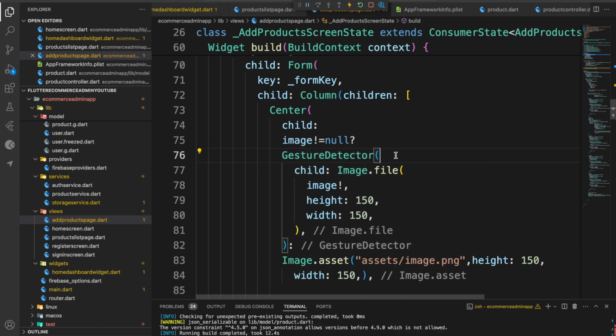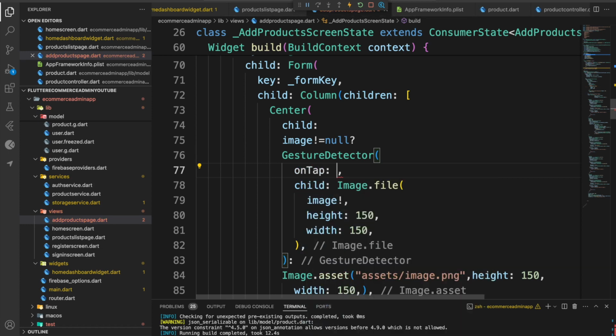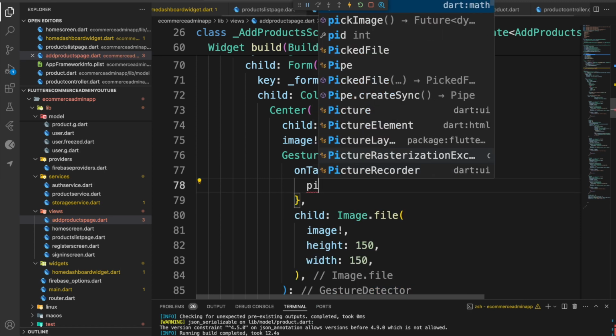So we're supposed to just wrap it with the gesture detector, and then on tap, when it's tapped, that's when we're just going to pick the